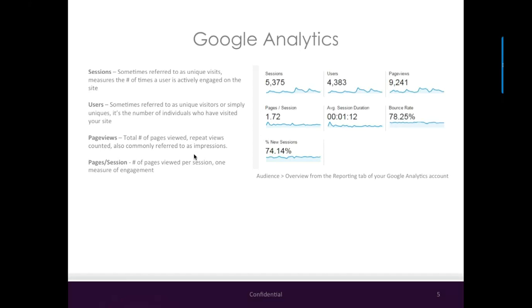Now, page views per session is what you might think, how many pages I look at for every time I came to your site. Obviously, the higher the number, the better. It signals a few different things. One, it signals that people are engaged with your content. But 2, it also signals that you've given them ways to continue their conversation. Now, it's an interesting